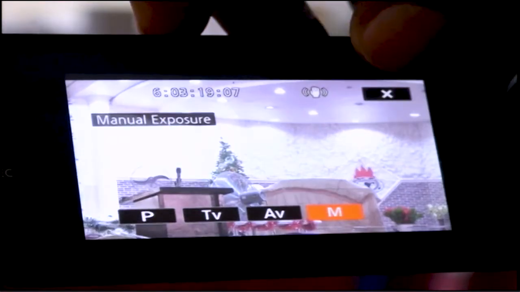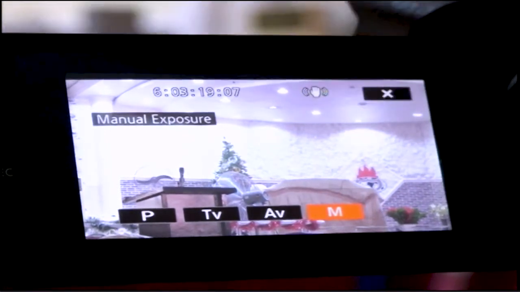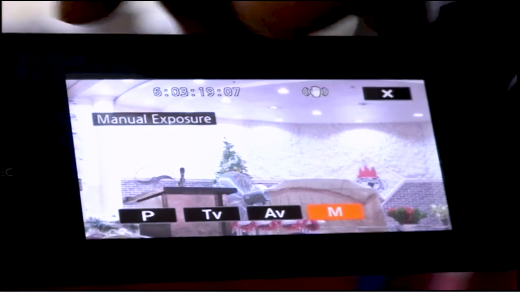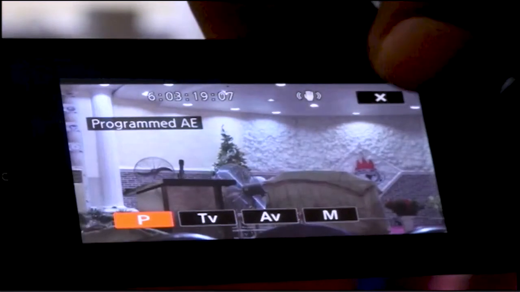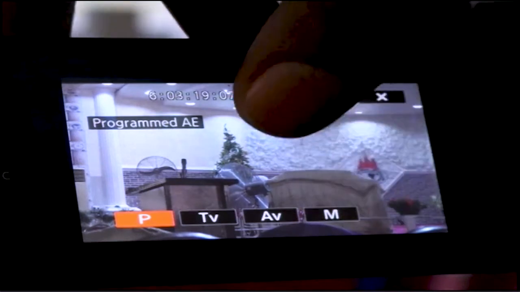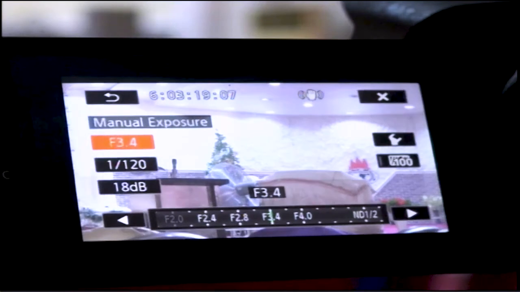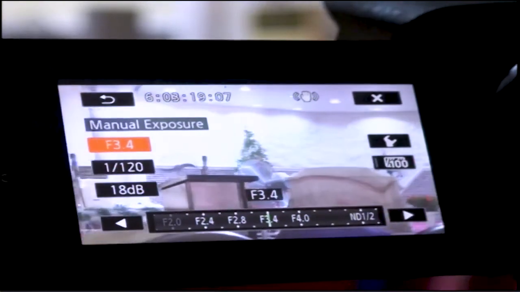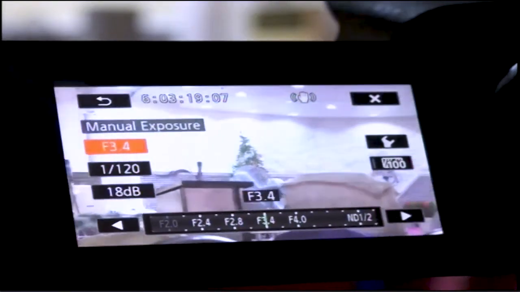But as a professional, it's better for you to use manual on any camera that you are using, because whenever any professional is passing by and looks at your camera and sees that you are using M on your camera, it gives you kudos that you are working on a manual level. Otherwise, you are being lazy a bit on camera. But when you are using manual, you have enough room to work on. And you can even adjust it when you are recording or shooting inside a church or outside work. So when you are recording, you still have access to keep reducing your light,